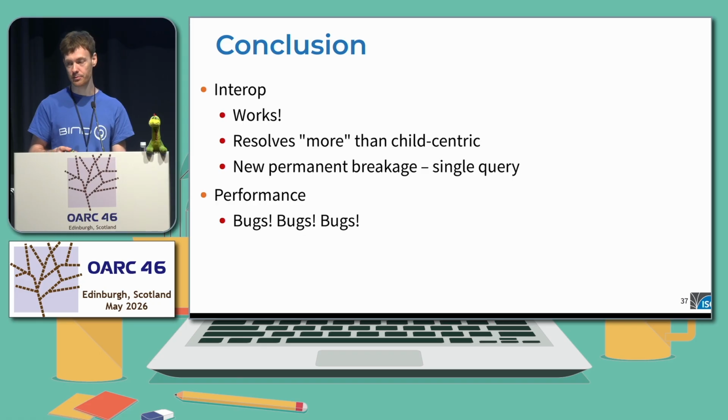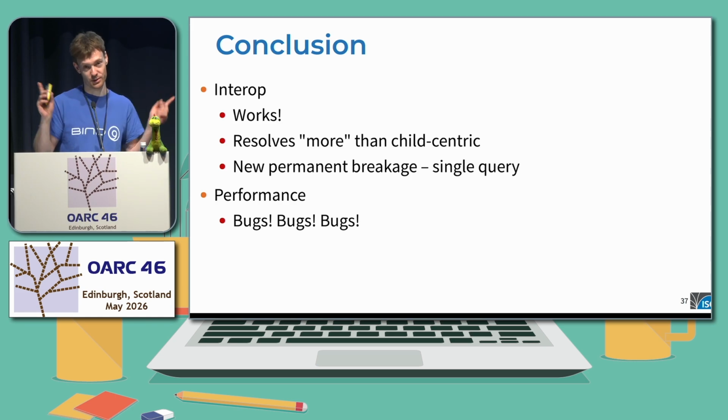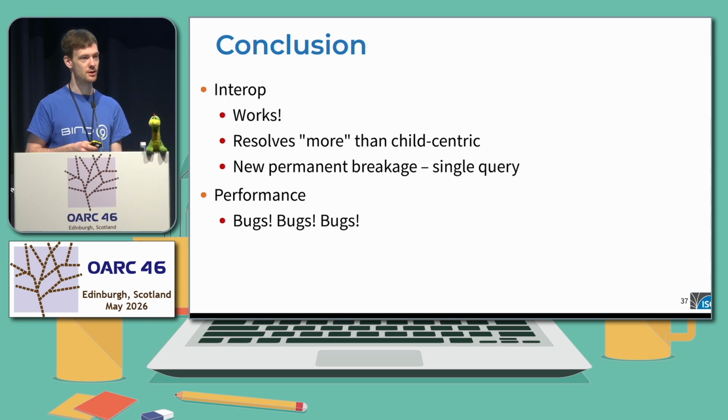So, to sum it up, from an interoperability perspective, it seems that being parent-centric and using only the parent side of the zone cut is actually better, because in our tests, we are able to resolve more domains and see fewer SERVFAILs than while using the child version of the NS record, with the exception of the one broken, magical domain, which doesn't answer HTTPS. And the performance, I would prefer not to talk about it before we fix it. Thank you for your attention and time.